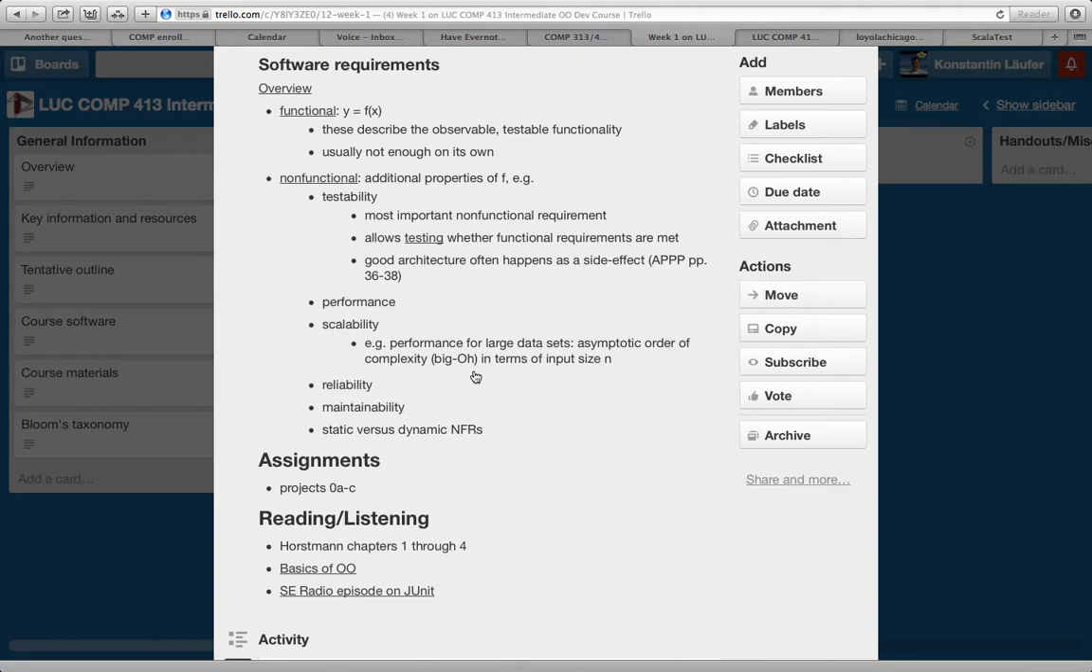Other important non-functional requirements are performance, and scalability, so that can refer to performance for increasingly large data sets. So this is tied to the asymptotic order of complexity. For example, big O in terms of input size n. And reliability,